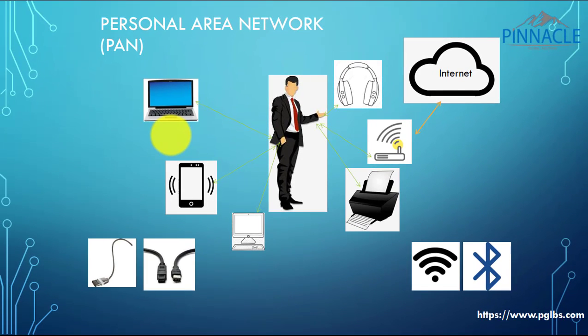The intention of showing this is that this also is one kind of network, but the only thing is its limited scope. That means the scope of this network is only for personal use. It is not for any official use, as compared to your local area network or a wide area network or a metropolitan area network.